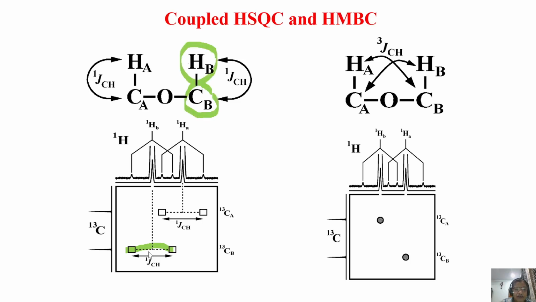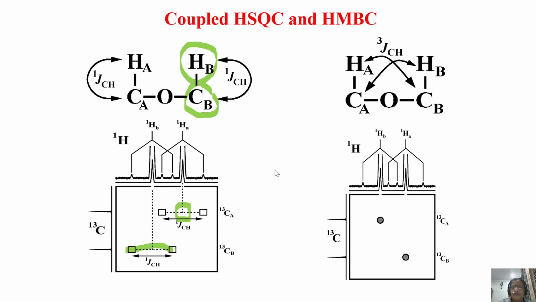And remember, this satellite spectrum is shown by enhancing the intensity of the proton spectrum. But in the HSQC spectrum, the central peak is not there, that is absent. You only see two peaks, doublets due to carbon proton couplings. This is what we observed and this is what we discussed.